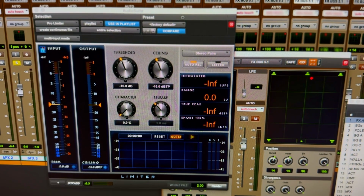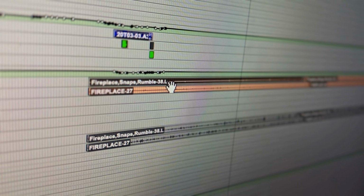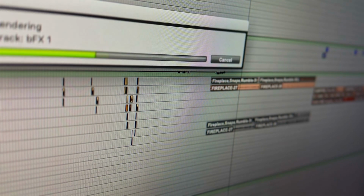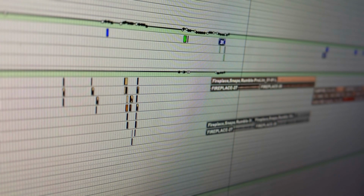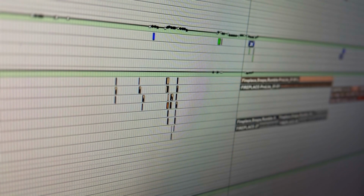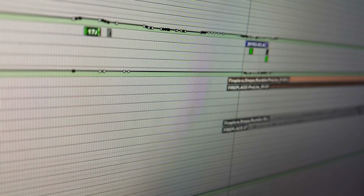So I'll just show you really quickly here. I'm just gonna grab the Pro Limiter here, and I'm already done here, but you just set a -16, okay, boom, on the threshold, and I already have it there, a -16 on the ceiling, okay? And then I'll go ahead and just apply it. I went ahead and I made a copy down here. I always like to make a copy. And then I'll hit render, and it's gonna render out, and then I'll do the same thing to those, and now these tracks are gonna go by,